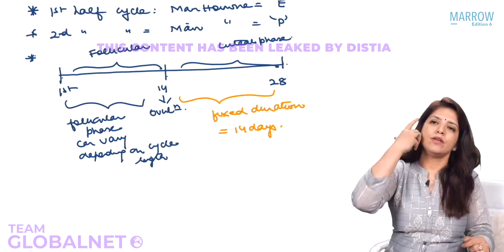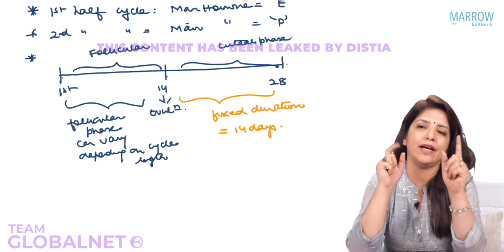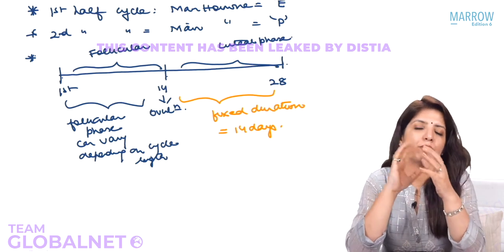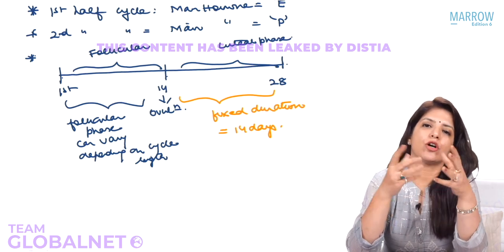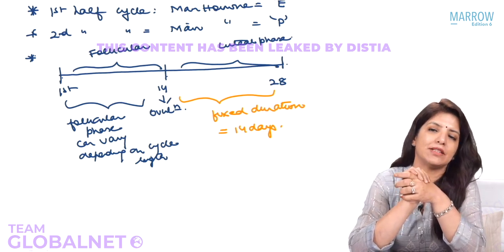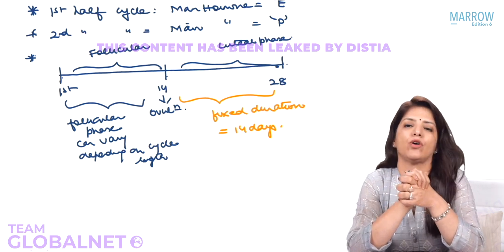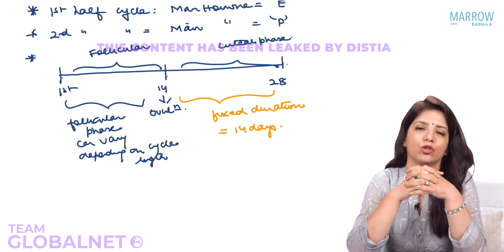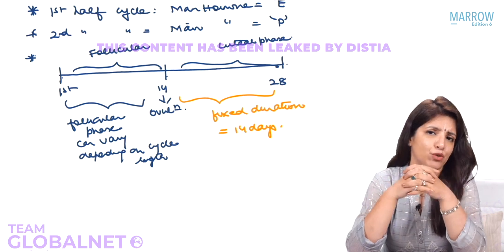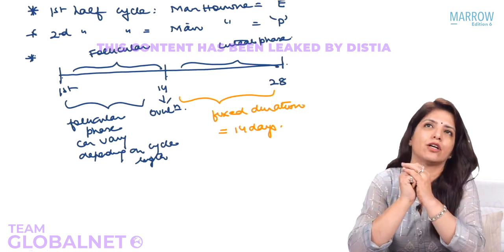Right? Now, how is this fact important? Now, I am telling you that in a 28-day cycle, ovulation happens on day 14, right? But suppose you have a female whose cycle is not 28 days. Her cycle is 30 days. And this female says that I had my menstruation on 1st of January and I'm now expecting my menstruation on 30th of January. Doctor, I want to conceive, so I want to know on which day am I going to ovulate. Now suppose you'd say that ovulation occurs on day 14.